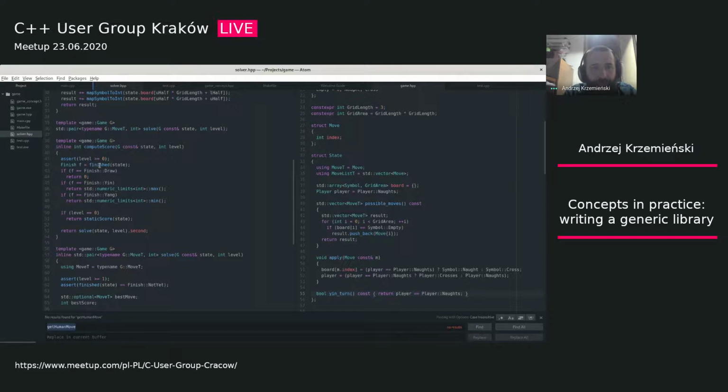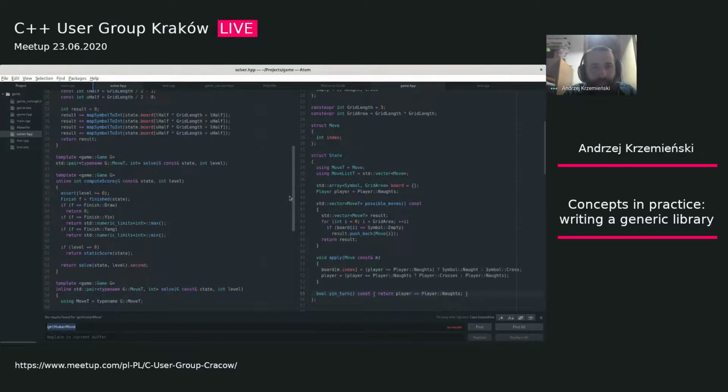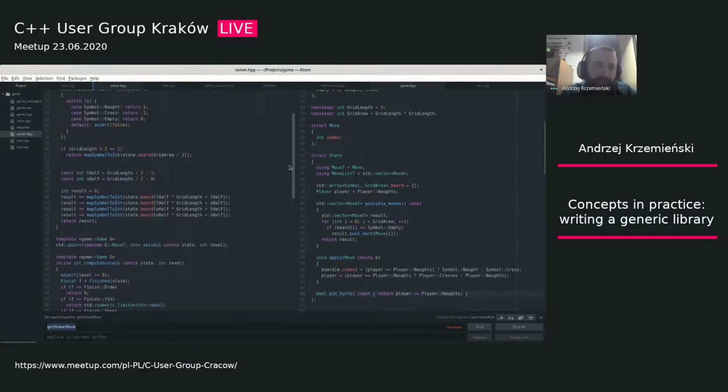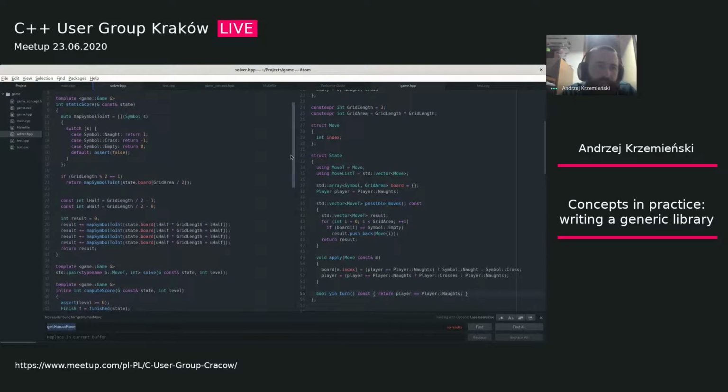Finished. We already have this. So level is just an int. It works. Static score, and so it comes to the static score, and the static score has to know